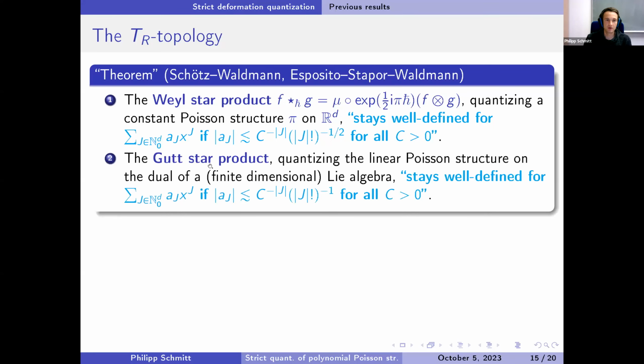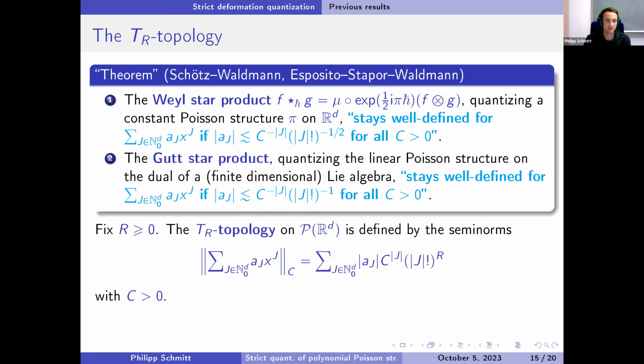Okay, and for the good star product, you can actually find a very similar condition. This stays well defined on power series if these coefficients decay again faster than c to the minus j times now j factorial to the minus 1 instead of j factorial to the minus 1/2. And I guess for this reason, people introduced the TR topology, which, well, I fix a constant r greater equals 0,